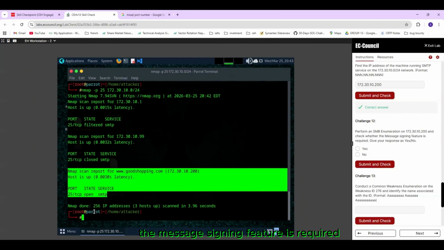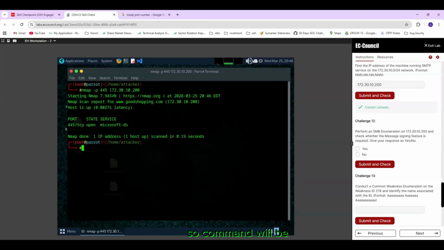For that, we can use the nmap script command for SMB security mode. So the command will be nmap -p port 445 --script smb2-security-mode